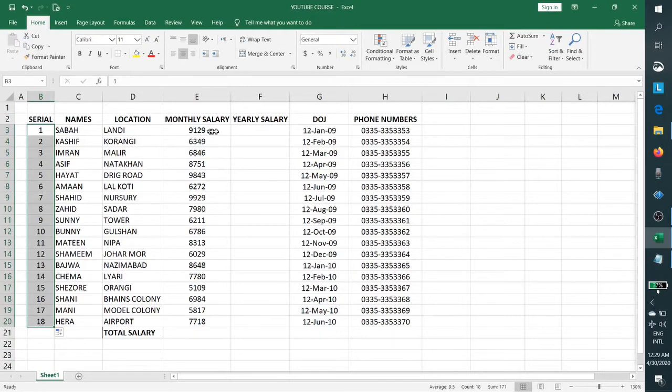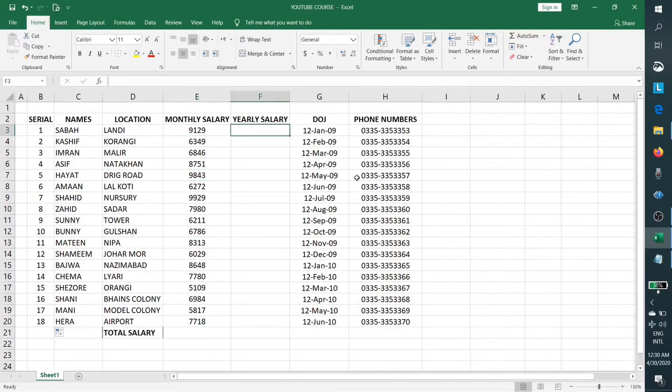Now we are going to come here, and let's suppose we have a monthly salary for each of the persons. I put some random numbers here for you. For now it is not necessary to go into the random numbers, I just copied all the numbers here. Now let's see how we can enter the formula.